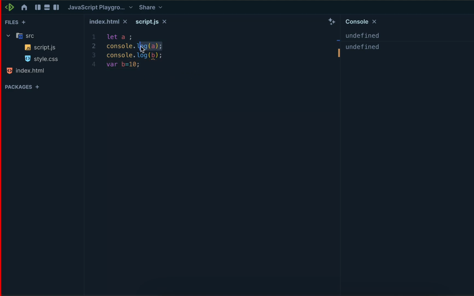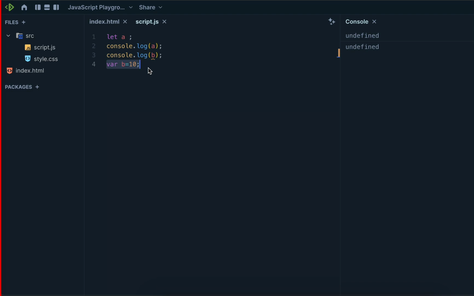The first console.log a is declared here but not assigned, meaning undefined is declared but not assigned a value. So the first one is undefined. And for console.log b, we declared the value after calling the console, so here it will show undefined.